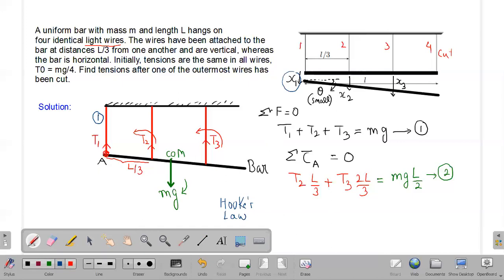So therefore, this force T1 must be the constant of elasticity, let us call it K, times the extension X1. Similarly, the force developed in wire 2 will be some constant K multiplied by the extension in the wire X2, and same for wire number 3, T3 will be equal to K times X3. These wires are elastic wires, so they must follow Hooke's law under the limit of elasticity, and the extensions are considered to be very small. So if the extensions are very small, we can follow Hooke's law.